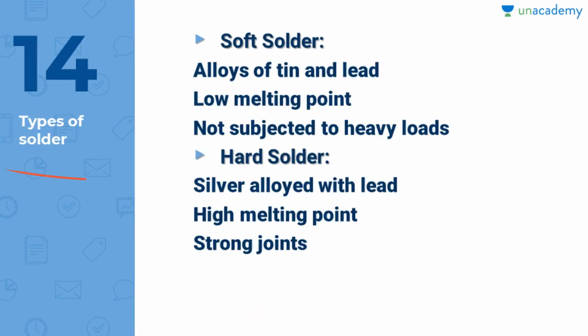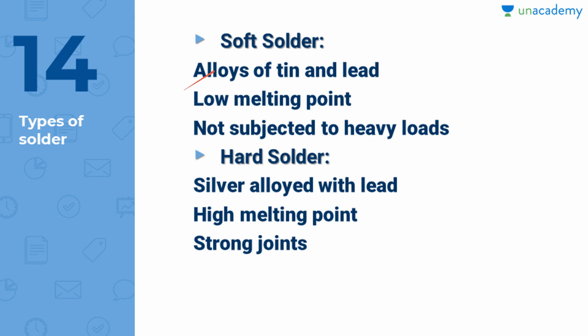So what are the types of solder? There are two types of solder, namely the soft solder and the hard solder. So basically the solder is an alloy which melts at low temperature. Let's go on with the soft solder. Soft solder is an alloy of tin and lead, where the lead will be around 37% and tin